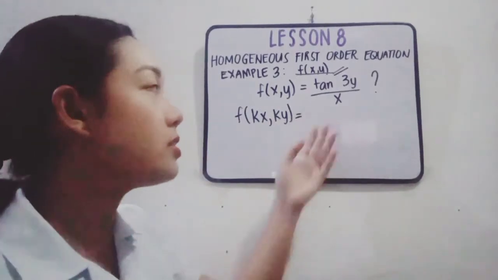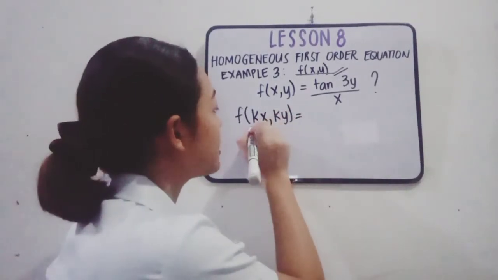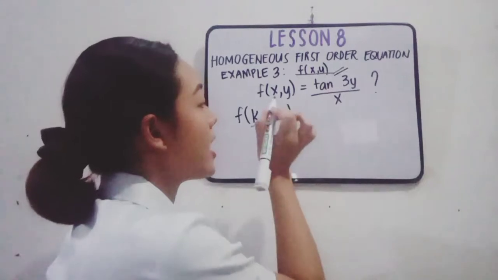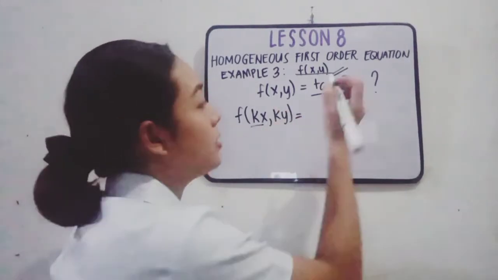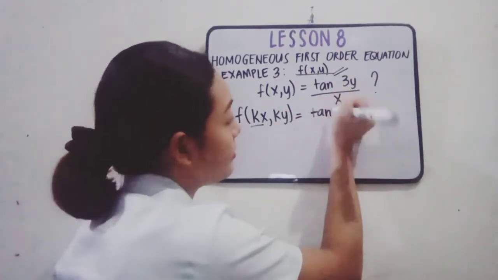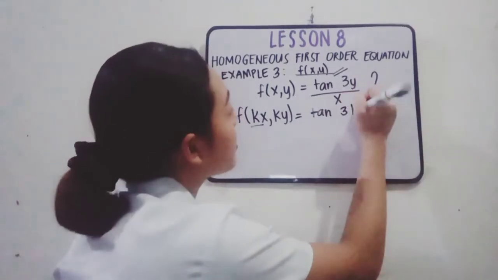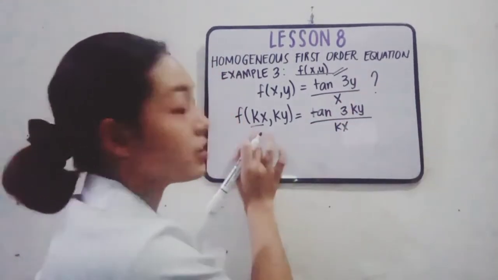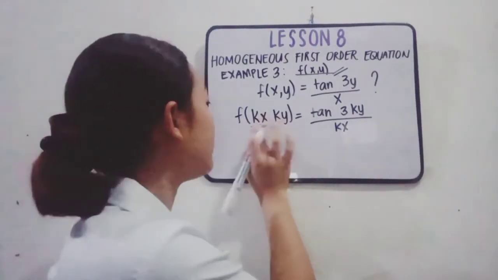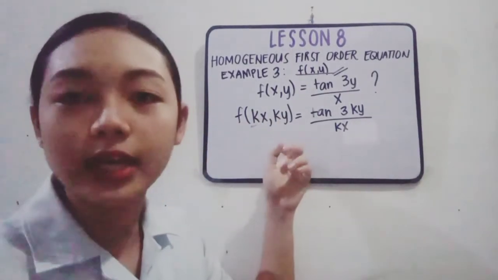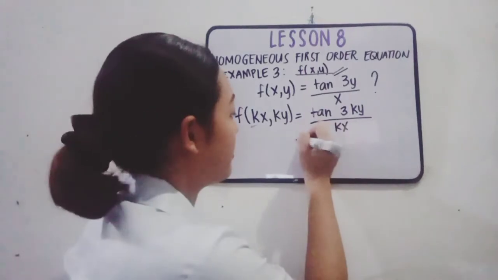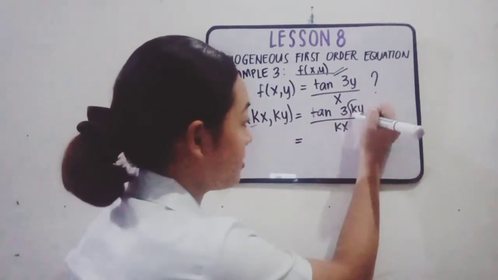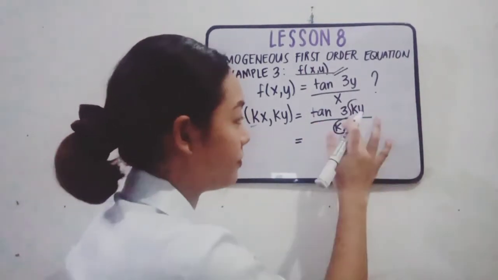So to solve this, we need to substitute kx for x and ky for y. So, magiging tan of 3 ky over kx. Sinubstitute lang natin yung k. K lang. Okay? Then, since it is a common factor,